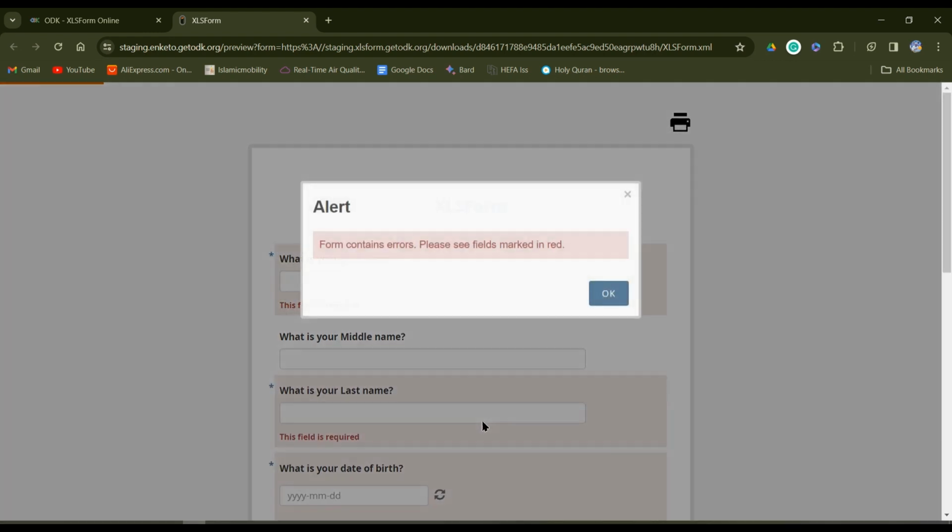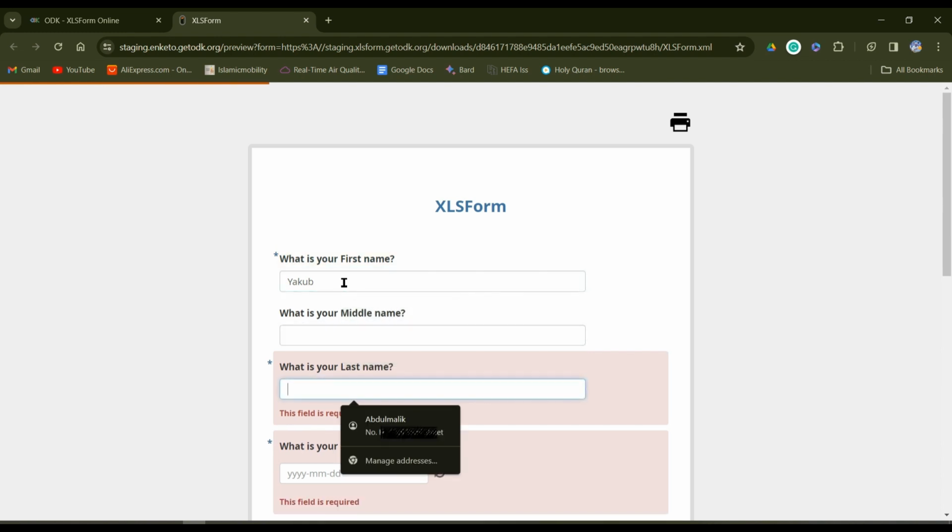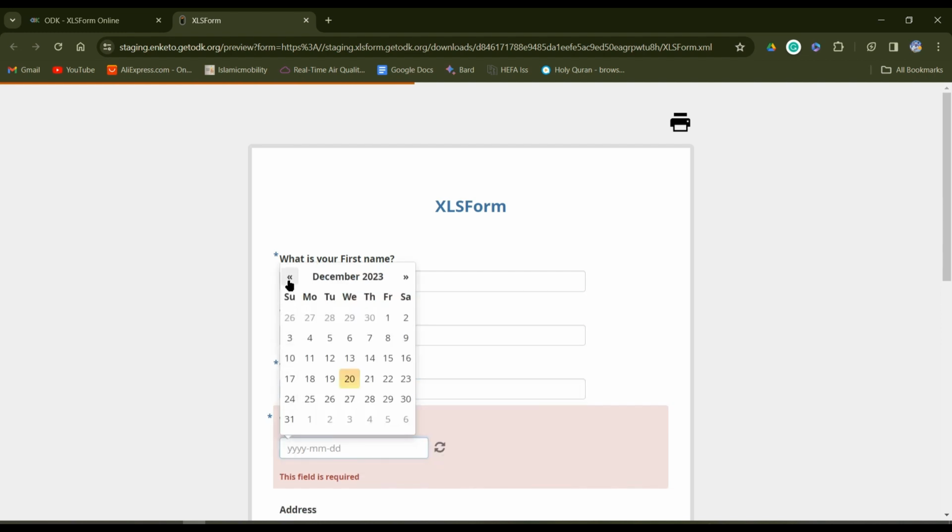So to validate here, it's going to say form contains errors. So this field is required, so I need to answer. I need to give my first name, so I'm going to do that. Jakub. I'm going to give my last name. I'm going to select my date of birth,